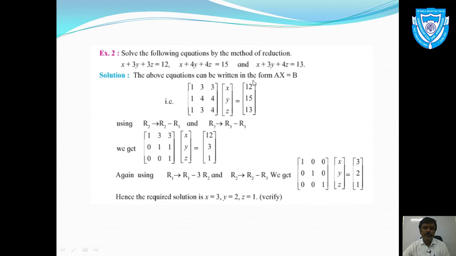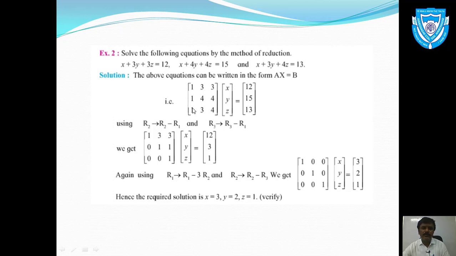So given equations को हम लोगों ने Ax equals B form में convert कर दिया. Now see, this is the diagonal of the matrix capital A. मैट्रिक्स का डायगोनल कौन सा है? ये है. The elements are 1, 4, 4. Now हमारा aim क्या है? इस डायगोनल के नीचे वाले जो एलिमेंट्स हैं ना, ये तीनों, इनको जीरो में कन्वर्ट करना है. We have to convert these 3 elements into zeros.